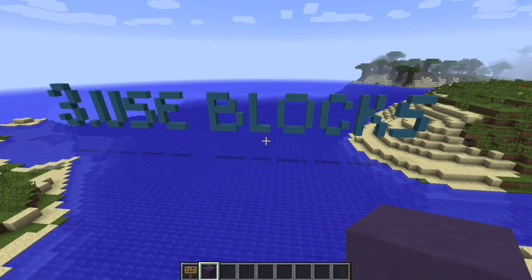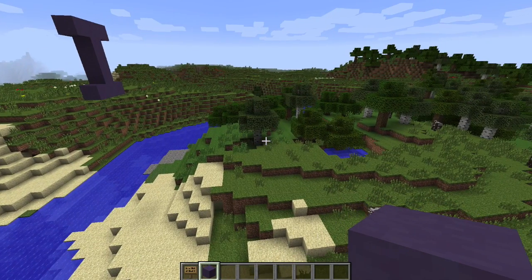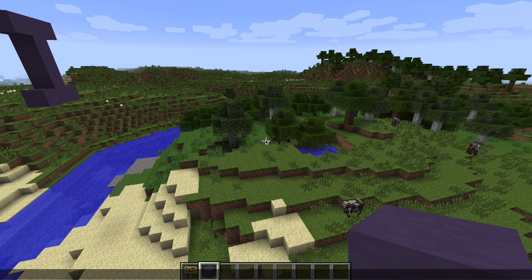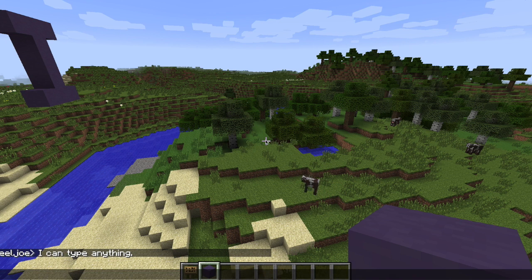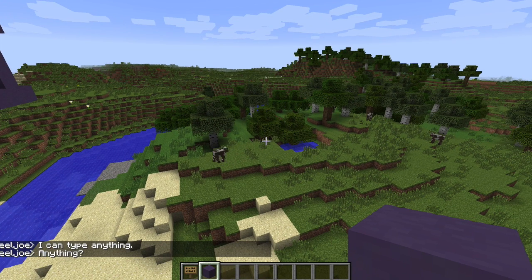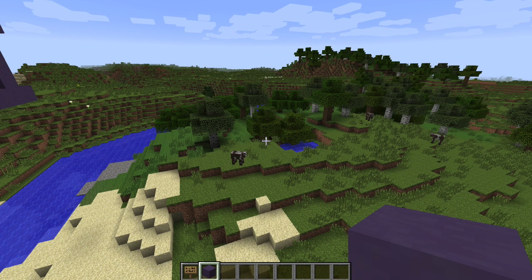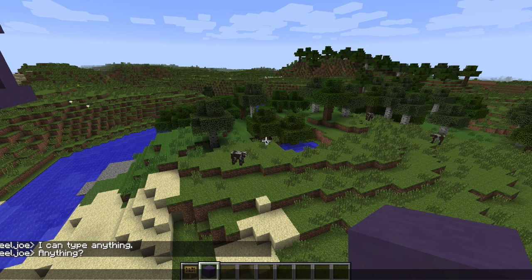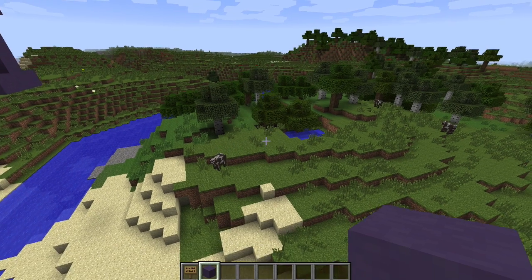And then the final way to use Minecraft for writing is just using the chat. And so if I click T, I can type anything. And then a second player can ask anything. And then you'll see that the chat will go away. And then for a while, the chat will save. So if I hit T, it's there. And so with all of these ways to compose,